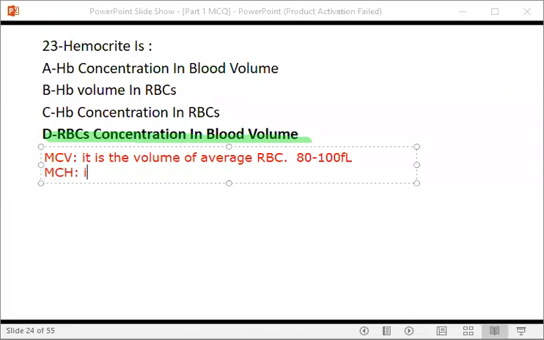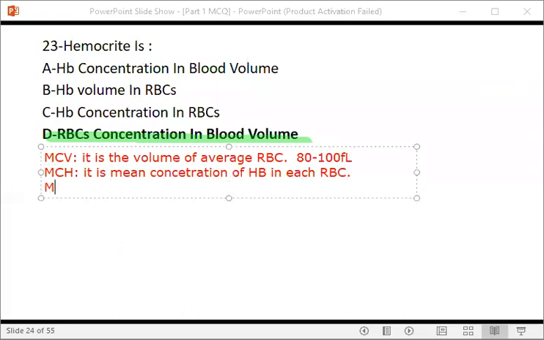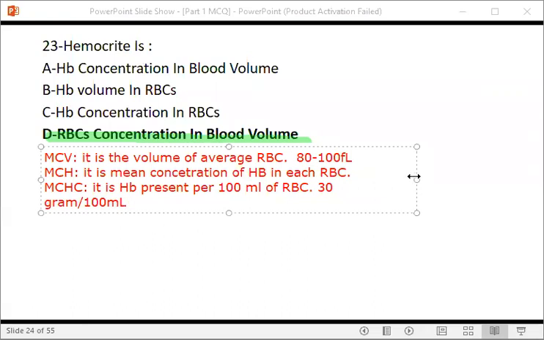طيب, ال MCH, إيش هو ال MCH? It is mean concentration of hemoglobin in each RBCs. يا سلام. طيب, هنا يجي لنا سؤال ثاني. MCHC, what is it? It is hemoglobin present per 100 milli of RBC, يعني الافريج. تمام. غالبا اثنين هذولا لازم يكونوا حدود 30 جرام, او 30 بيكوجرام, وتحول الى 30 جرام per 100 ml. اوكي